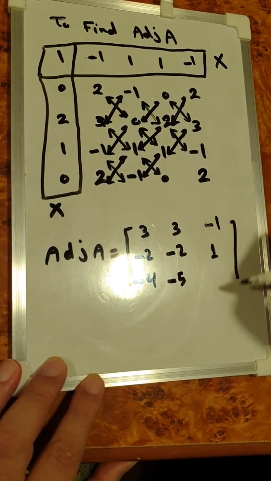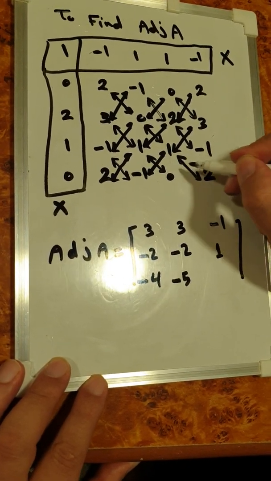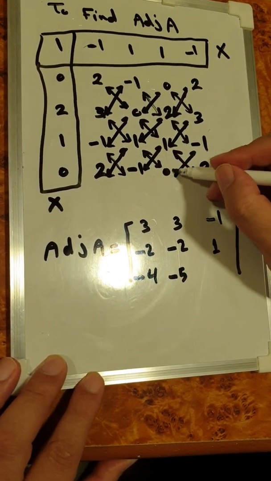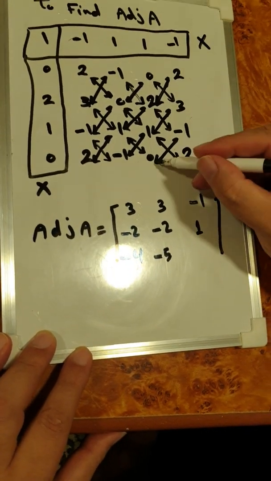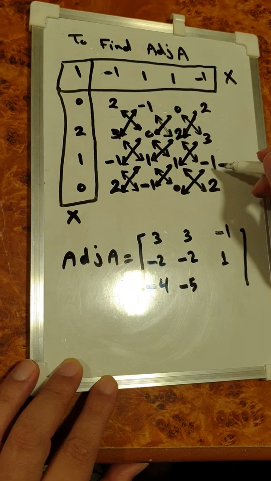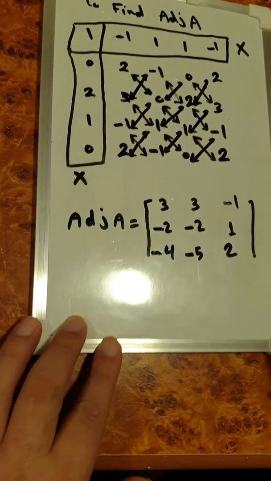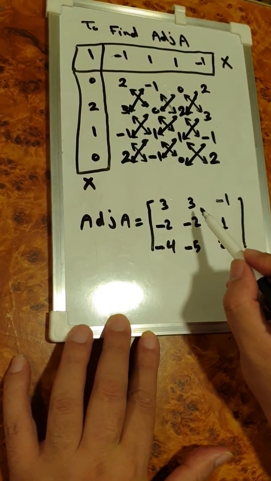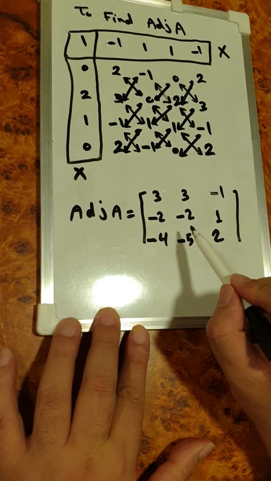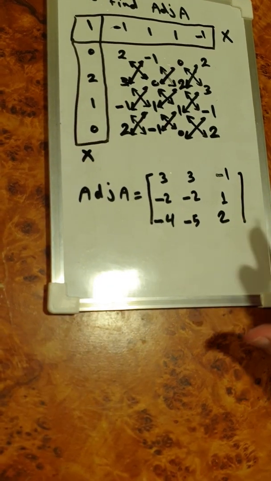Finally, to find this element, we multiply 1 multiply 2 minus 0 multiply minus 1. So 2 multiply 1, 2, minus 0 multiply minus 1 equals 0. So the result is 2. Now this is our adjoint matrix: 3, minus 1, minus 2, minus 2, 1, minus 4, minus 5, 2. From our rule,